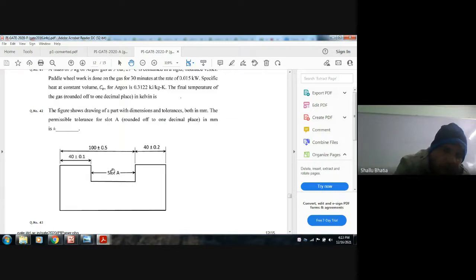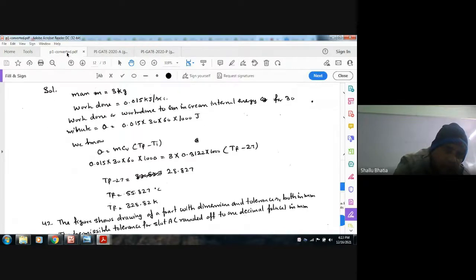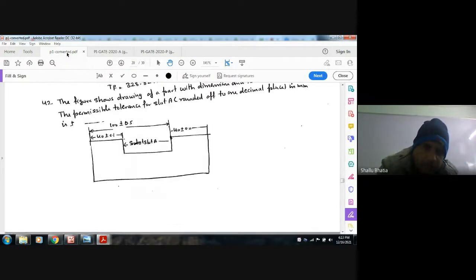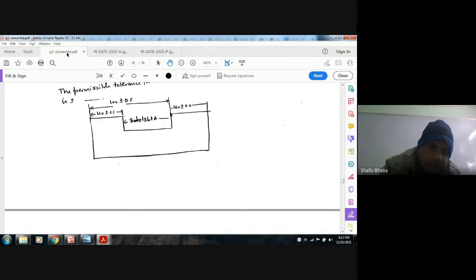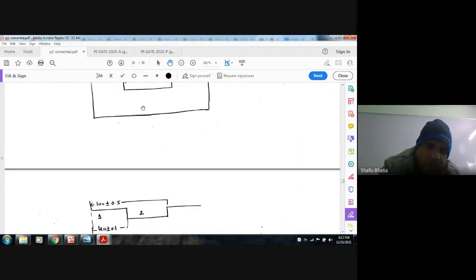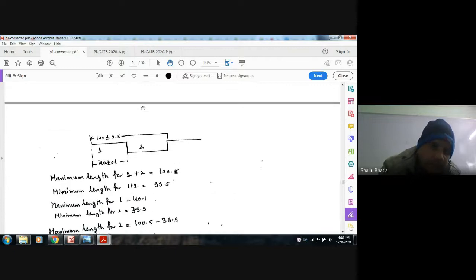We have to calculate the tolerance of this slot, in plus minus. So this is the slot. Here it is given that this maximum dimension can be 100 plus 0.5, and the minimum dimension can be 100 minus 0.5, because the limits are given. So the dimension is 100 plus 0.5 and minimum will be